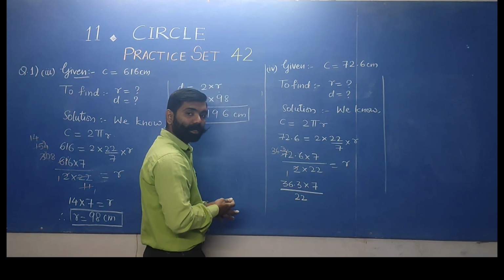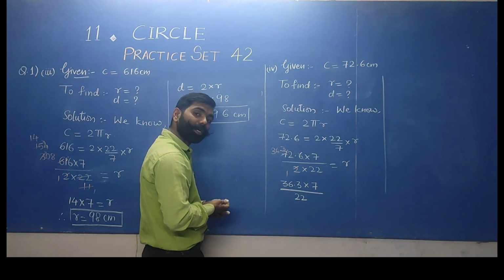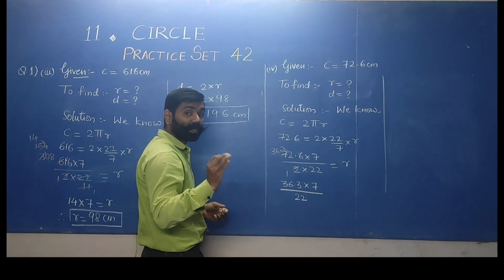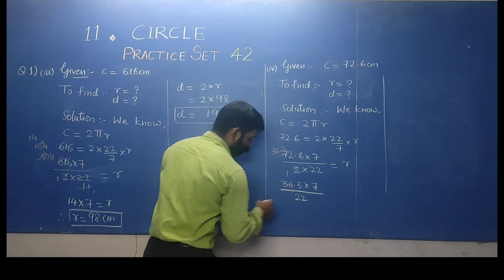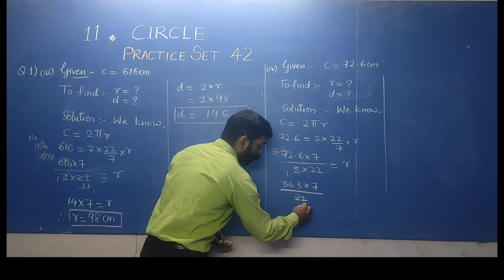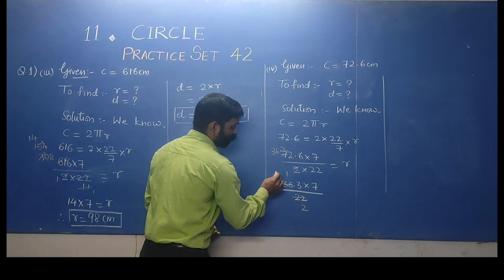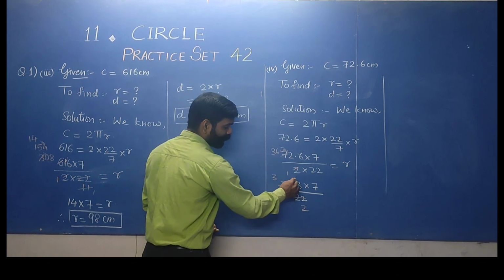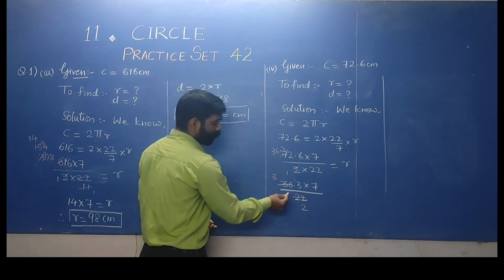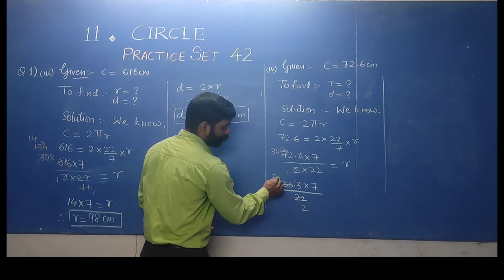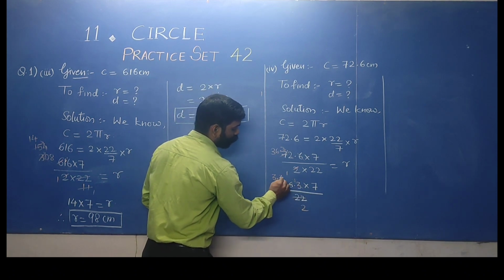Students, if I directly take the table of 22, it will do, but this time I am taking the table of 11. Table of 11, 11 twos are 22, 11 threes are 33, remaining is 3, 3 is carry forward, this decimal point will be placed, 11 threes are 33.